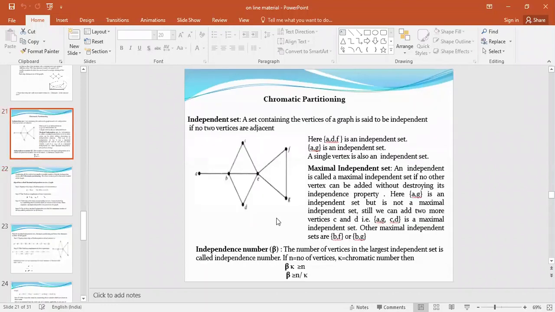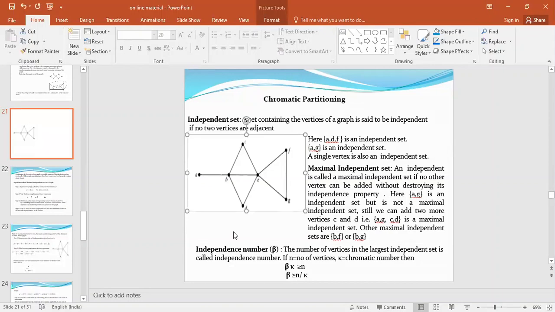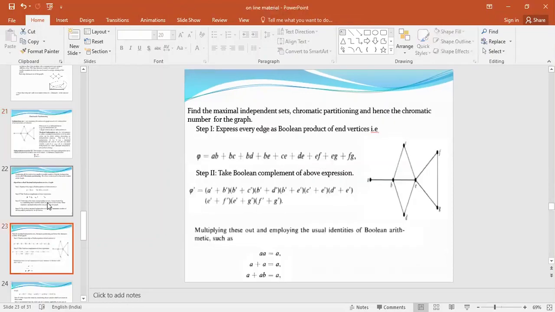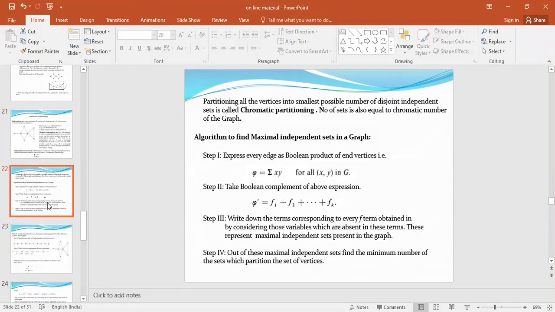So if we see this graph, try to find maximal independent sets. I'm just finding these sets manually. With respect to A, one set is A, then C, F, so it is an independent set. Then you can find the next, and then you have to decide how many of those independent sets are disjoint and their union is equal to the main set. So we have to select those. But there is one algorithm. You're not going to find this number manually. There is one algorithm to find the maximum independent set in a graph.